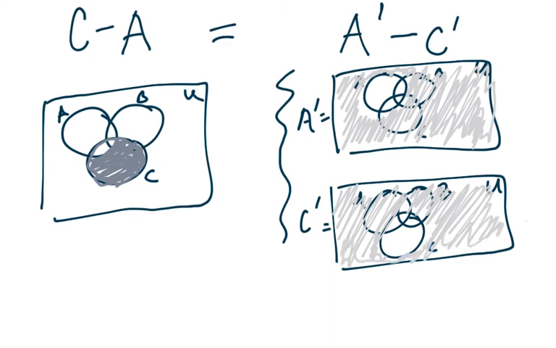By doing this, we can think of this as regions. Which regions did I start with that I'm supposed to take away? So when I'm addressing A complement minus C complement,